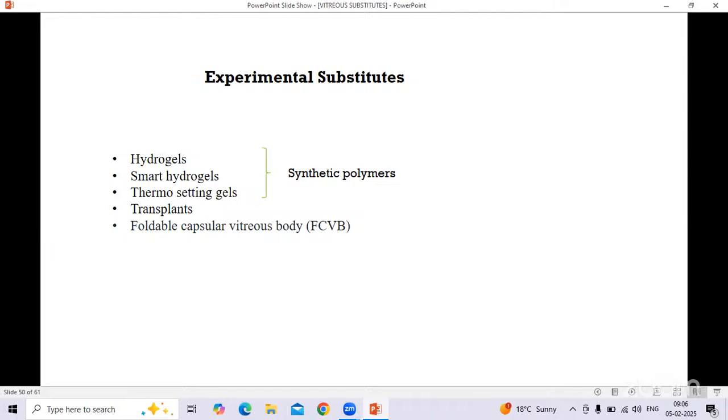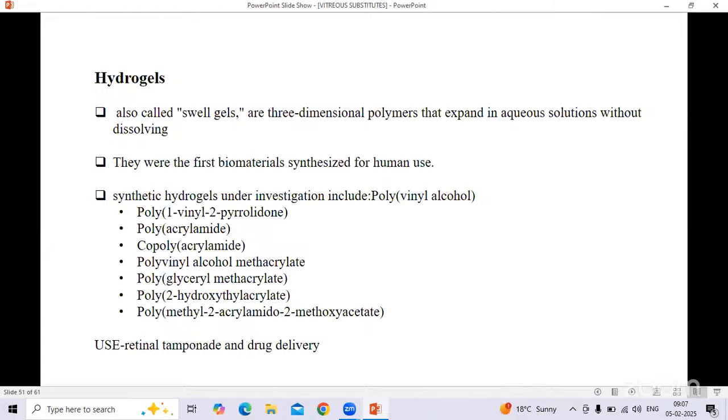In that we have synthetic polymers like hydrogel, smart hydrogel, thermosetting gels. We have vitreous transplants, and then we have foldable capsular vitreous bodies. So hydrogels are also called swell gels, and they are three-dimensional polymers that expand in aqueous solution without dissolving. And they were the first biomaterials which were